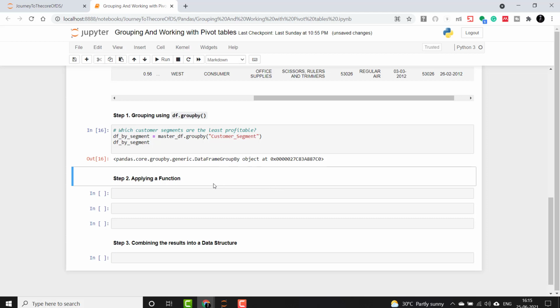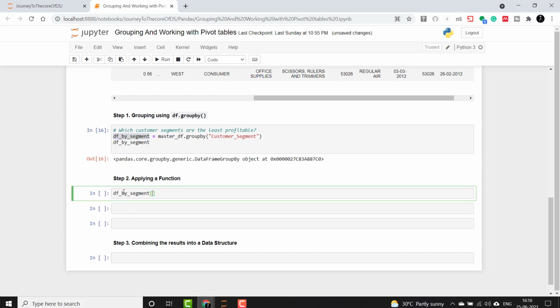So here you can note that groupby returns a DataFrameGroupBy object. Then we can apply a function. After grouping we will apply a function to a numeric variable, such as mean sales or sum of profits, etc. We can choose any aggregate function for this. For now I will be using sum.